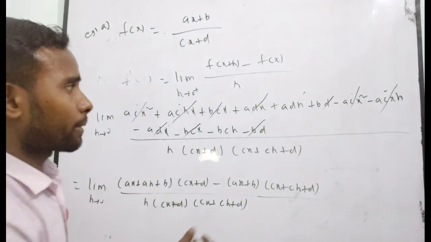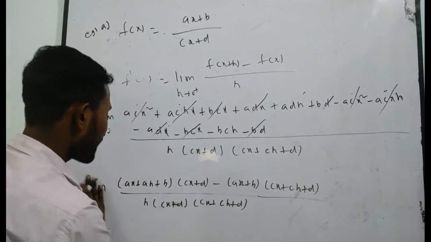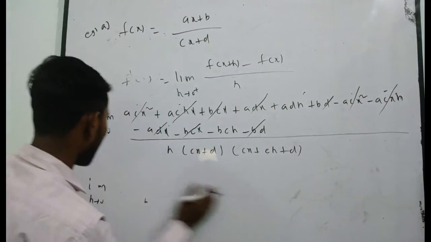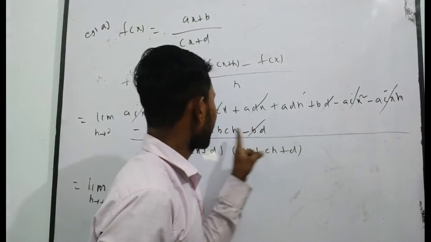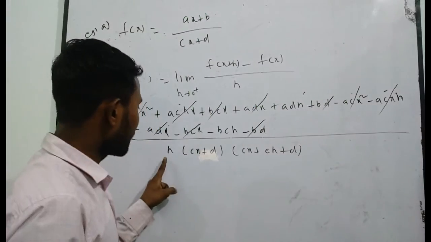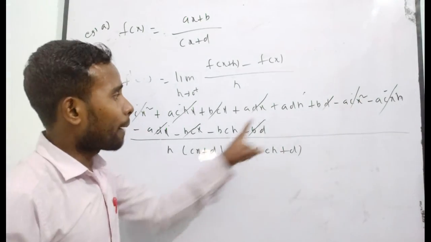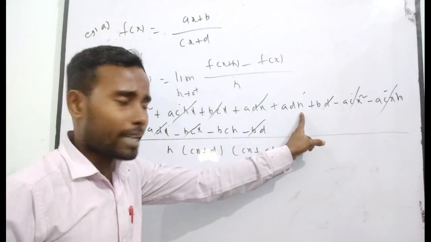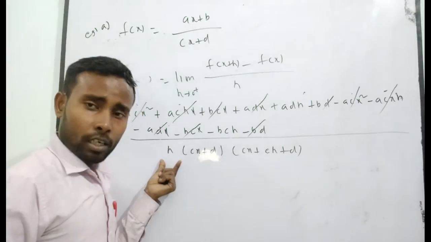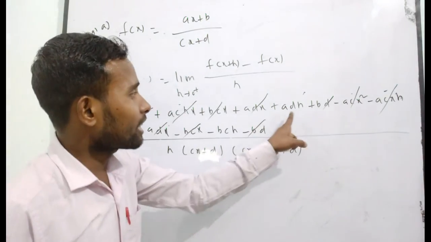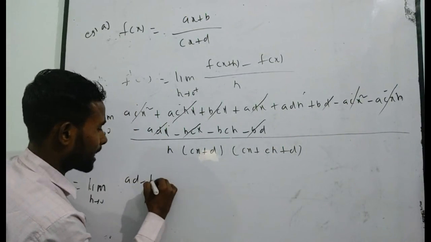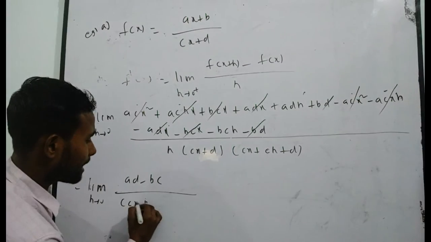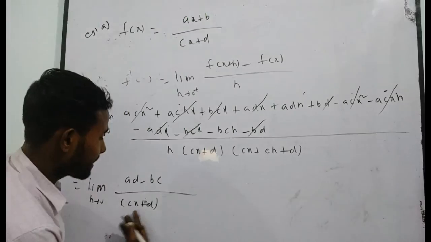Now here you observe that in the numerator some terms are common. The remaining numerator terms are adh and bch. h is common and in the denominator h is also available. So after taking h common from the numerator and the denominator, you can cancel each other. In that case, you get in the numerator ad minus bc. Can you write (ad - bc) divided by, simply in the denominator, we get (cx + d)